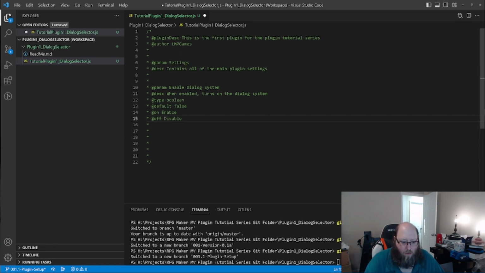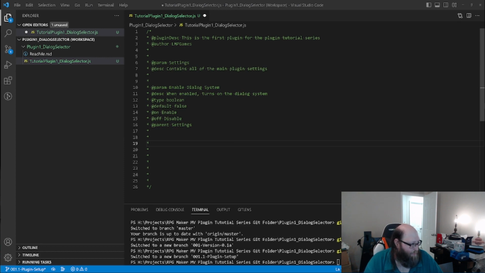Okay. One moment. So this is now done, except for one thing we have to put in the parent. So that's going to be at parent. And we're going to say settings. And there you go. There's our first plugin parameter created. So we're going to go and add in some extra ones of these, and the next one is